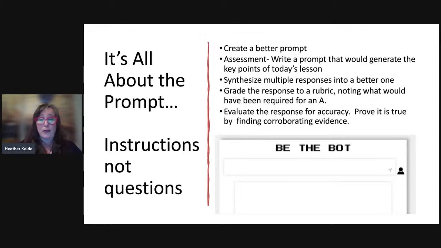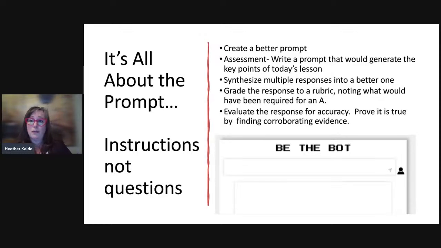For creating a better prompt, have students think about what information they need and desire, put in a prompt, and get certain information out. Then have them analyze that output, which is higher level thinking: what's missing here? What do I need to include in a prompt? What would I need to say or to ask for to actually get better information? And having kids just think about questioning. Questioning is such a powerful tool that we use with our students, and we can incorporate the power of AI into that.